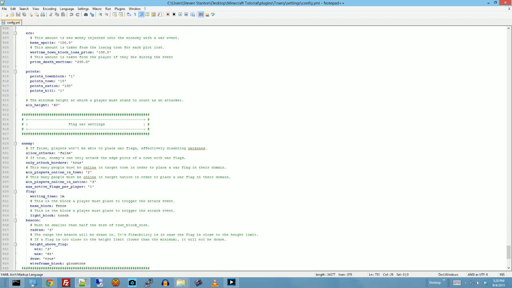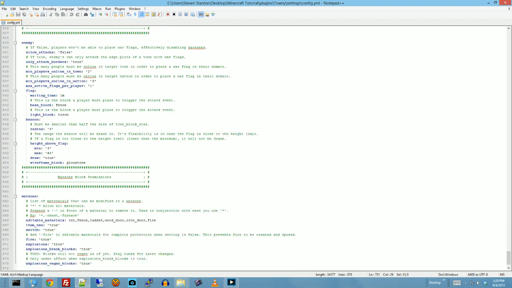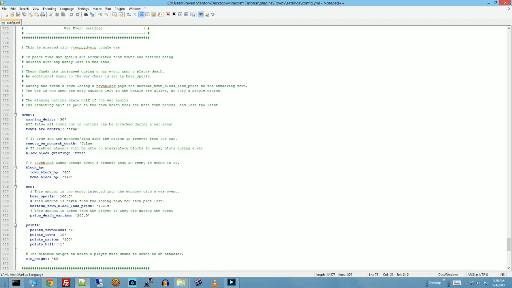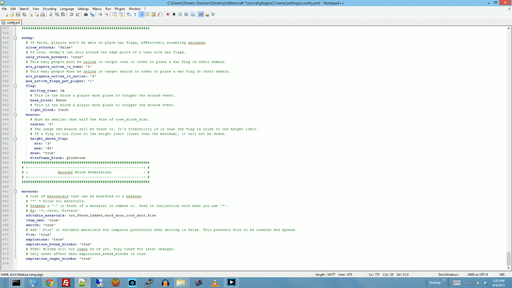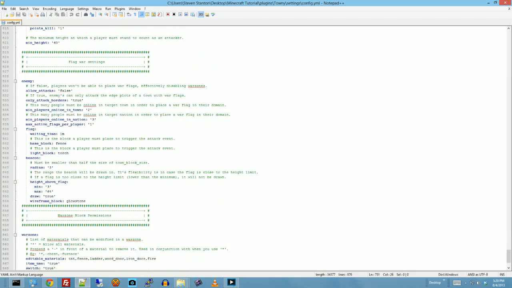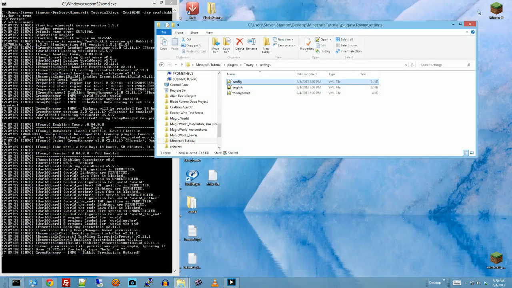I really have been unable to understand exactly how flag war and all this stuff works. So if anybody does figure it out, you can contact me on Skype at Merchant of Death if you want to talk with me about it. I'd love to hear your thoughts on how wars work in the Towny plugin. But that's a pretty quick overview of all that. Actually, it's probably not as short as I would have liked it to have been, but let's move on to our final